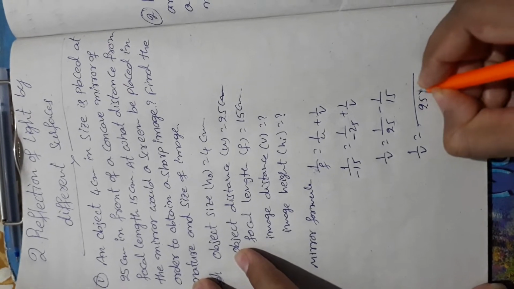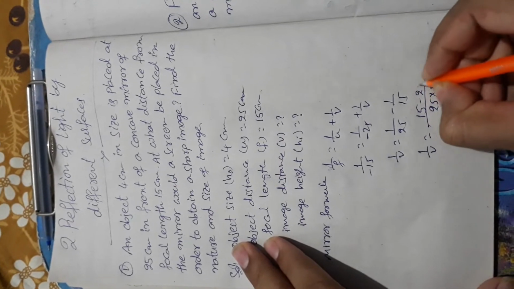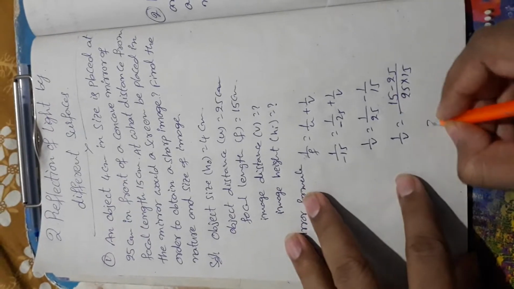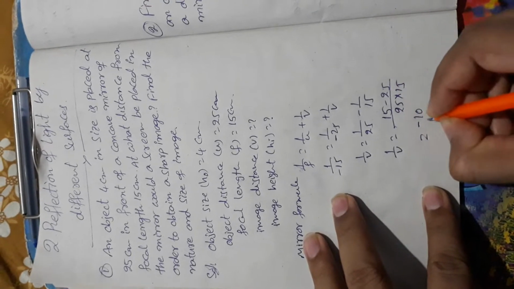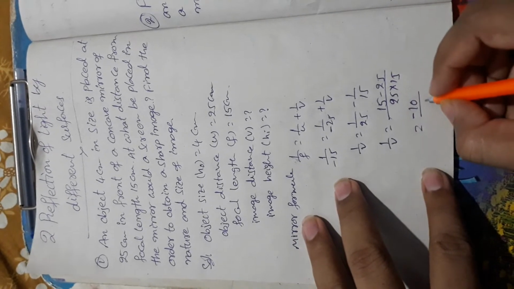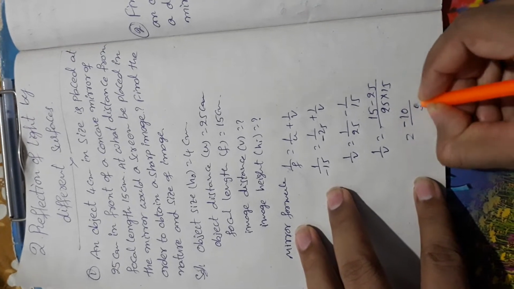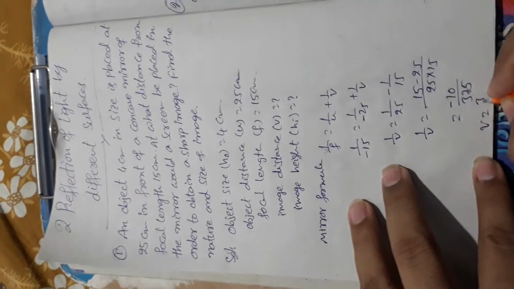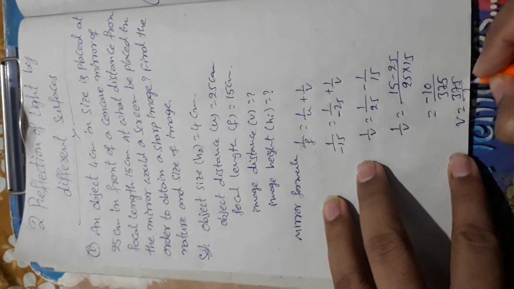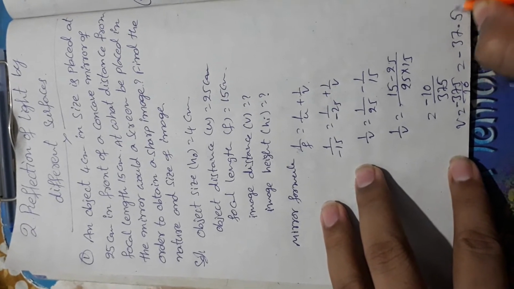So 25 into 15, 15 minus 25, that equals 15 minus 25 means minus 10 by 25 into 15. 15 times 25 is 375. Then V equals 375 by 10 with minus, that means minus 37.5 centimeters. That means the image will be at the